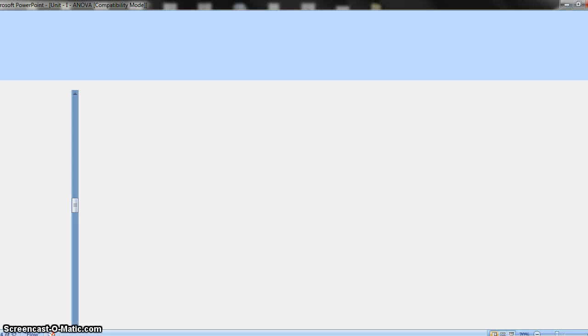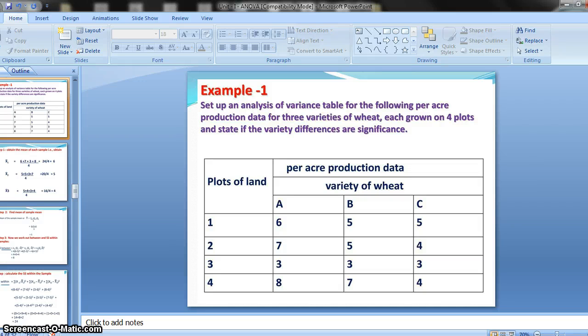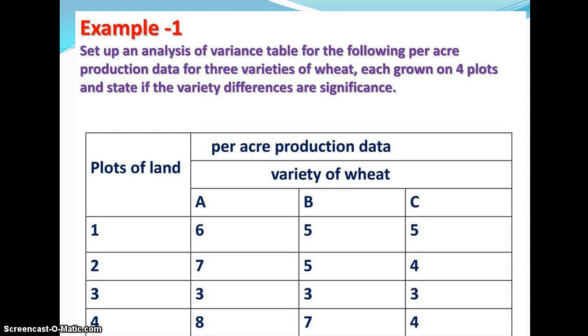In last lecture we have seen ANOVA technique, types of ANOVA, one way ANOVA and two way ANOVA. What is one way ANOVA? In which situations we have to apply one way ANOVA, and the ANOVA setup or general ANOVA table. These all points are highlighted in the last lecture. Now today we shall discuss